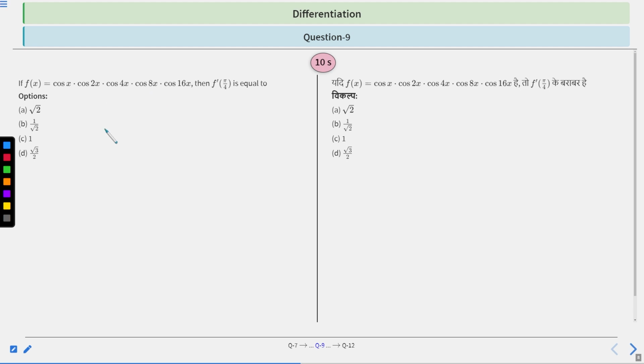So again, you will multiply and divide with 2. You will get 2 sin 8x into cos 8x as sin 16x. So it will be sin 16x into cos 16x. So again, you will multiply and divide with 2. So 2 sin 16x into cos 16x can be written as sin 32x in the numerator. In the denominator, it will be 2 to the power 5 because we have multiplied 2 in the denominator 5 times, right? So 2 to the power 5 sin x. Clear? So you have 10 seconds to solve this question. After 10 seconds, we will discuss the solution.